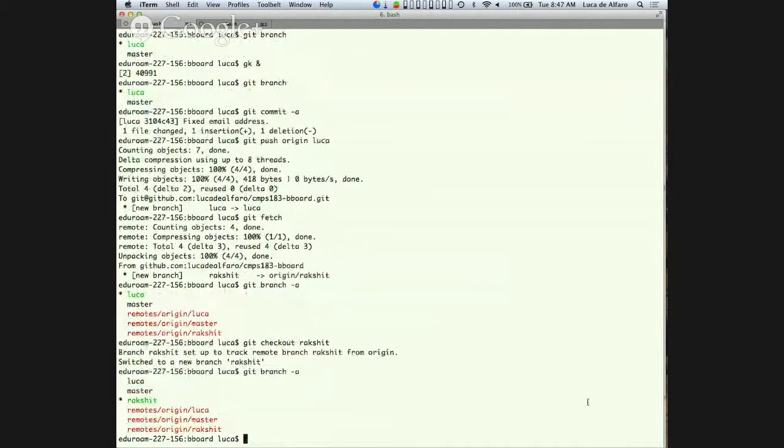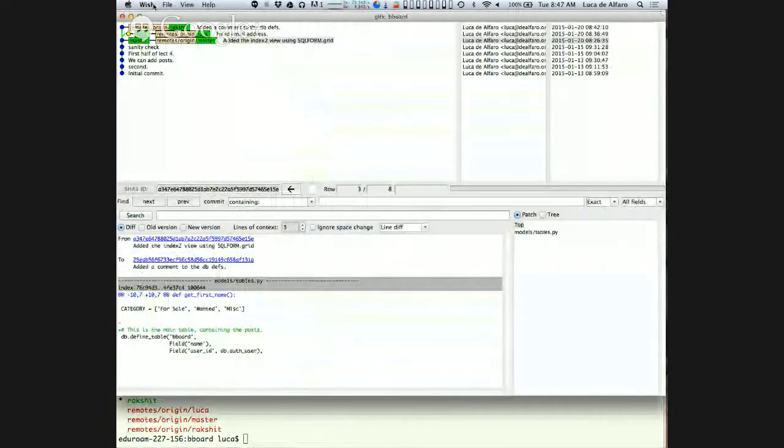So if I look at the list of branches, now I'm in the branch rack sheet, and if I look here, file update, you see that I'm in the branch rack sheet. The difference is that rack sheet now is an actual branch that I have in my directory. My directory tree is the same as he committed. Actually, I committed it, but essentially, let's pretend it was him. Now the rack sheet is the same snapshot that he committed. Remote origin rack sheet is a branch I can examine, but I don't actually have it in my directory tree. That's the difference between the origin branches and your local branches.